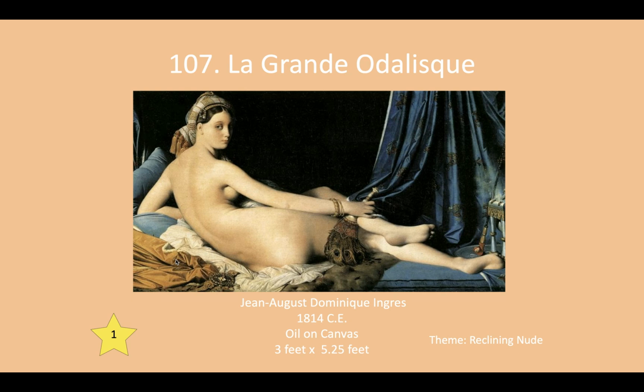Okay. And often art of this time period is meant to sort of justify French colonization and the idea that, look, here are all these people and we have brought them these amazing things and we are making them more civilized. Now, what you're looking at while she is called La Grande Odalisque is the Western idea of what life would be like for a woman in a harem. This is not what it would have been like for a woman in a harem. It is not this beautiful and sumptuous and wonderful. They were not treated well always, right?